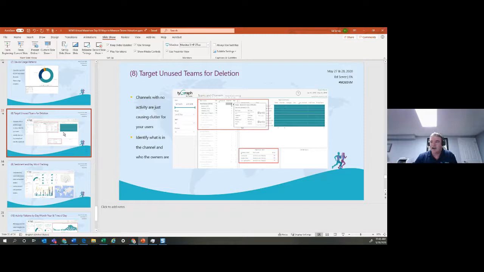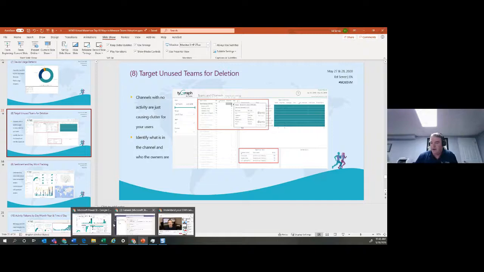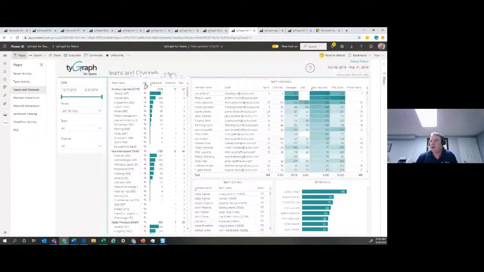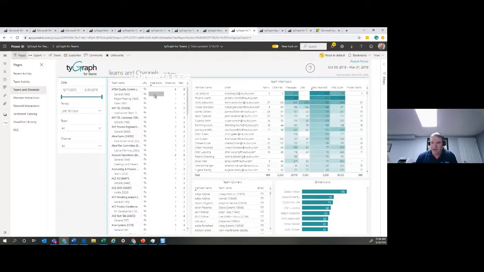Another thing that we do is target unused teams for deletion. So what we can do, and I'll just flip over to that one. Whoops, wrong screen. So we have this concept of measure of active engagement. So what this is doing is it's looking at a number of different signals, aggregating them together, and just saying these are the teams with a lot of activity, in air quotes. And if I flip that on its head, now you can see the real value of this. These are teams with 0 activity. So they have channels and tabs set up, but there's just no activity going on.